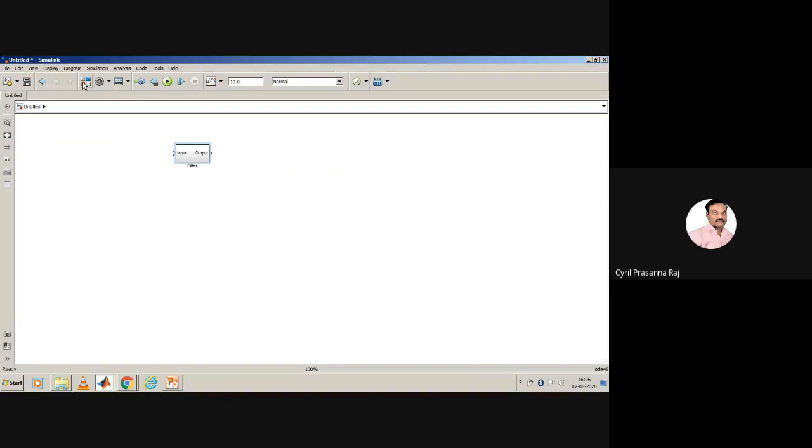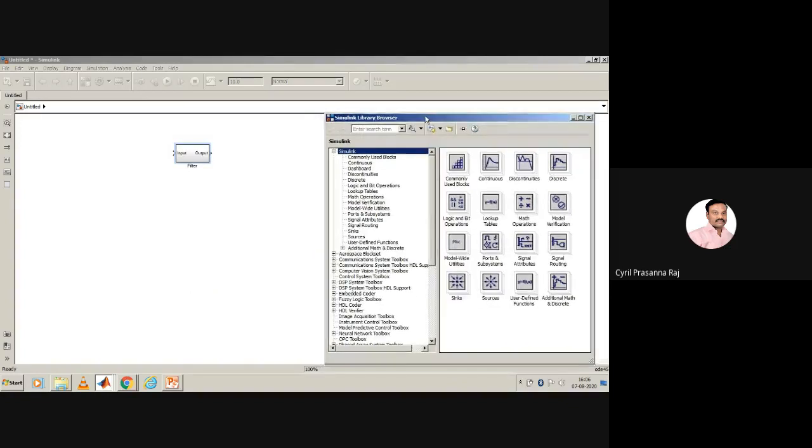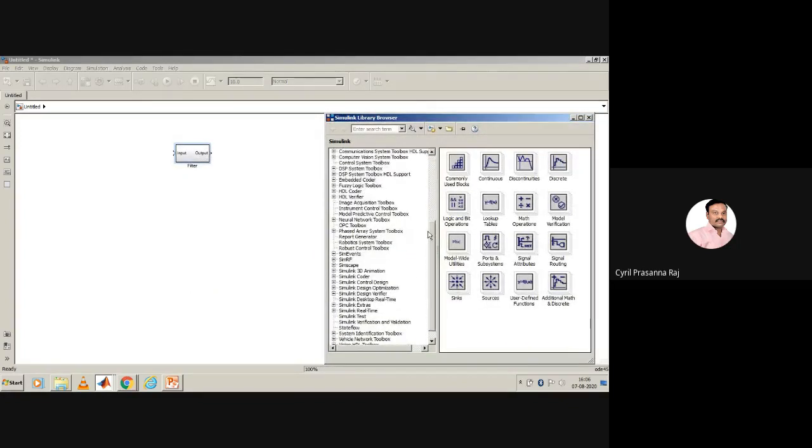You have to open up the Simulink library. Yeah. So I'm opening up this Simulink library browser and trying to see how to simulate this. In Simulink, once I click on that, this library got opened.